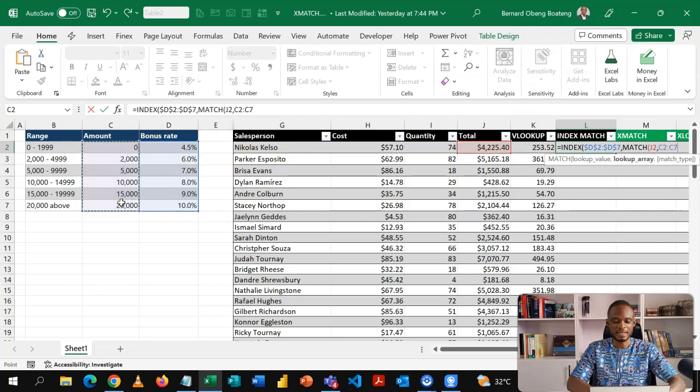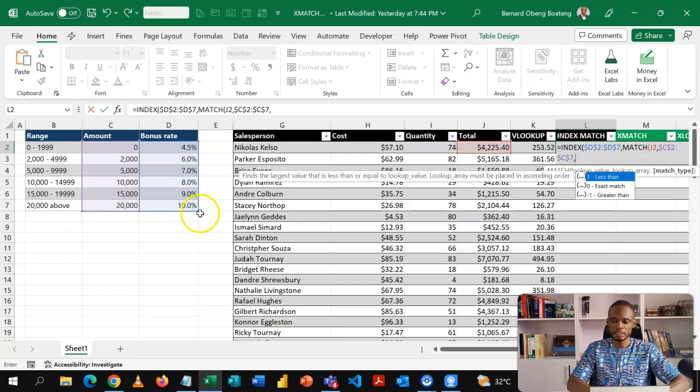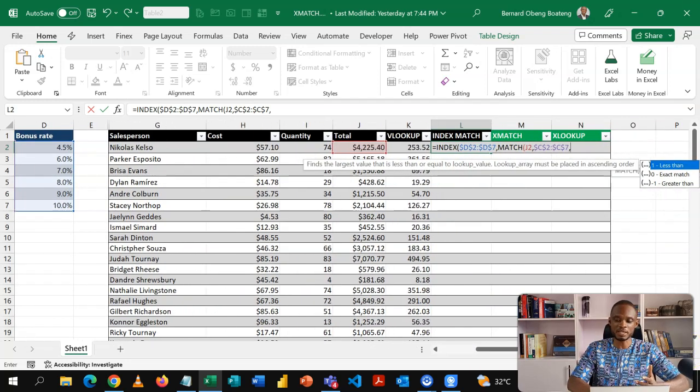I'll select that, F4 to lock this as well, right? Then I'll bring a comma. Now, just as we had in VLOOKUP, I cannot use exact match. I would have to use less than. Based on the arrangement in ascending order, I will choose less than so that it bounces back to